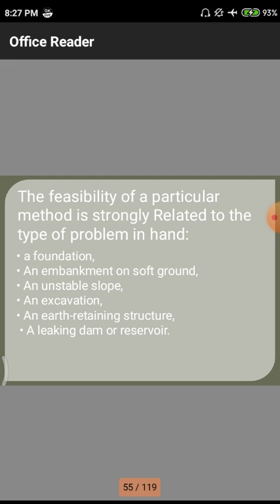The next one is the embankment on the soft ground. After the construction of the foundation is over, we need to level the surface by constructing a proper embankment. What is the purpose of the embankment? If there is no solid construction at ground level, water will flow over the soil. By the intrusion and extrusion of the soil, the foundation will be weakened. So we need to prevent intrusion of water into the ground level, and we need some amount of embankment on the soft ground to negotiate this entrainment of the water. That is the main purpose of constructing embankments and others.